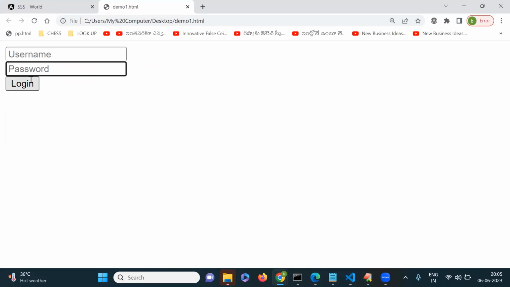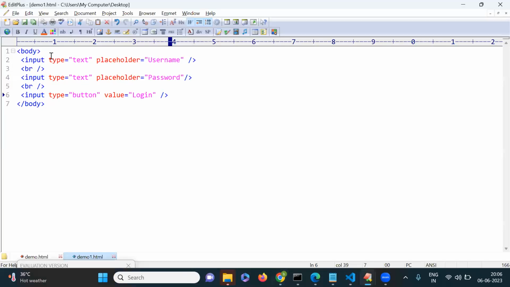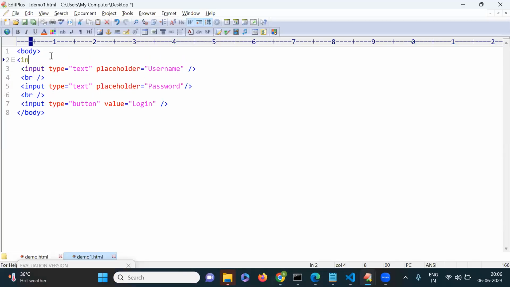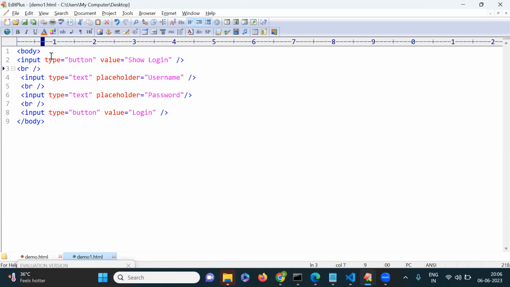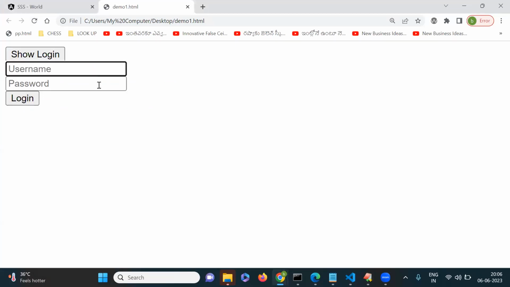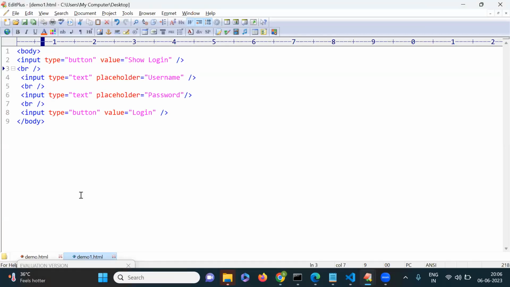Now on top of this, I want to place one button, type is equal to button, and value is equal to show login. Now my requirement is, first I want to hide these three controls. When I click on show login, then only I want to display them. That is my requirement. So then in React, we are using